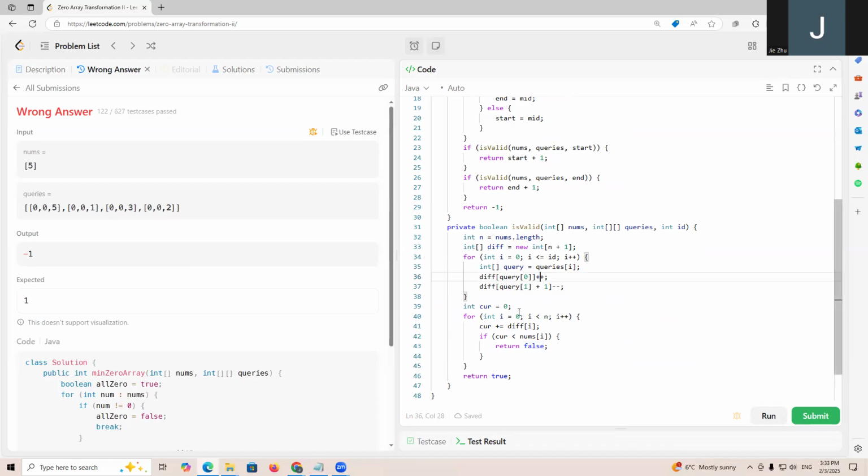So now what we want is that it is increased by the query value two, right? Because this is not just one dim, it can increase or decrease by some values. So this will be,